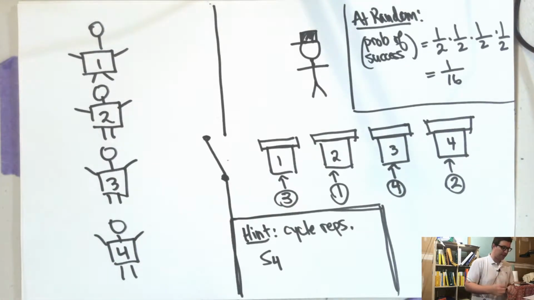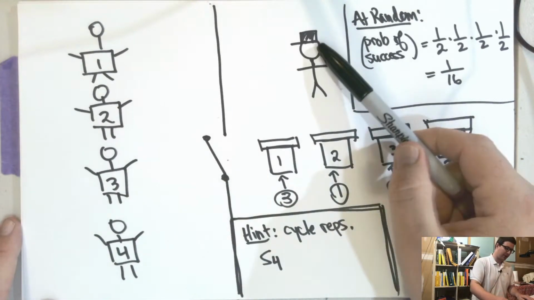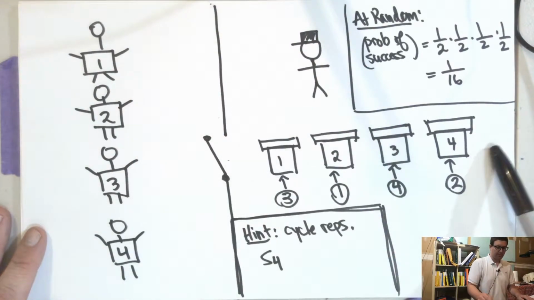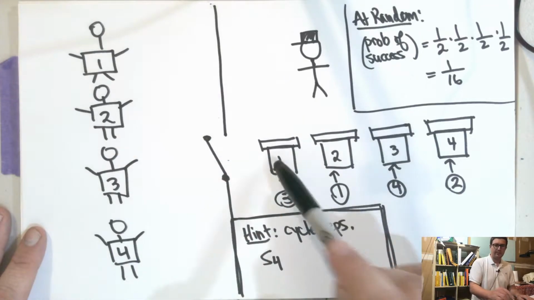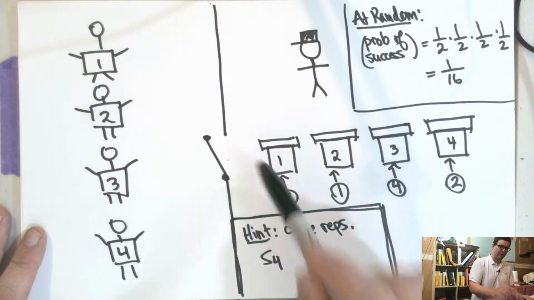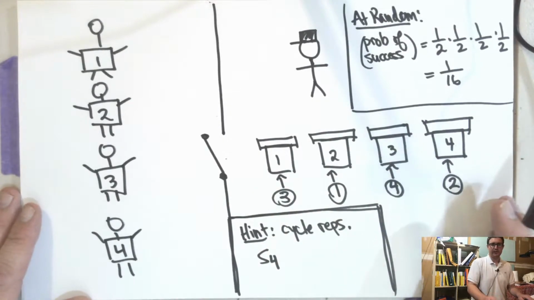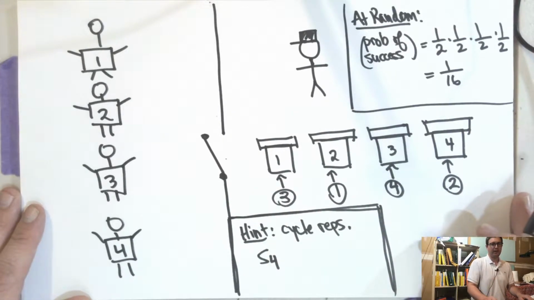Okay, so we just talked about the prisoner problem. In the prisoner problem, there's a guard, prisoners, and boxes. They put the numbers in the boxes, and the prisoners have to go in one at a time. They get 2 tries to find their number. If they all find their number, they're released. And the hint I gave you for the solution was that we had to look at the permutation